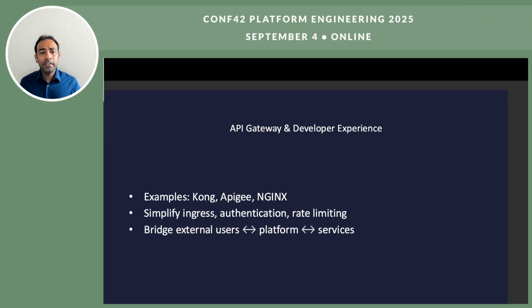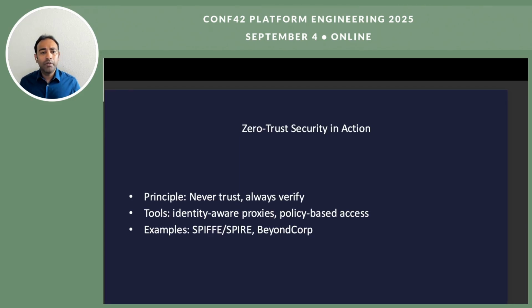And the next thing is zero trust security. What do we mean by zero trust? Security has to be everywhere nowadays, not just at the perimeter. That's where zero trust comes in. Earlier, people used to think that a firewall sitting at the entry of our network is the one that is going to secure things. That's all over now. Just securing at the entry or the perimeter level is all gone. We have to think about more ways of securing this stuff. So this is where zero trust comes in, right?